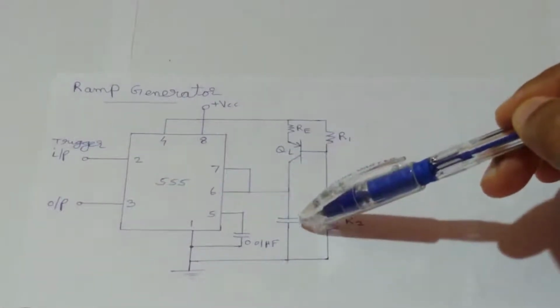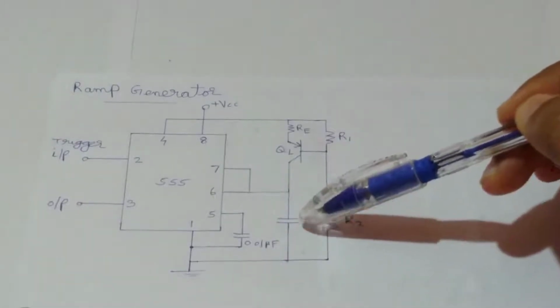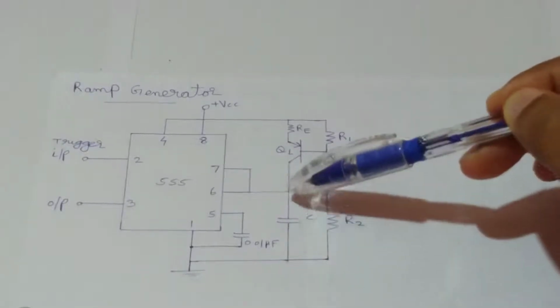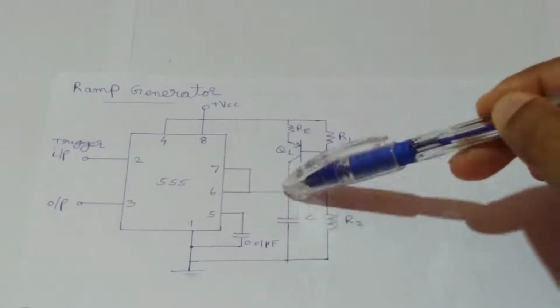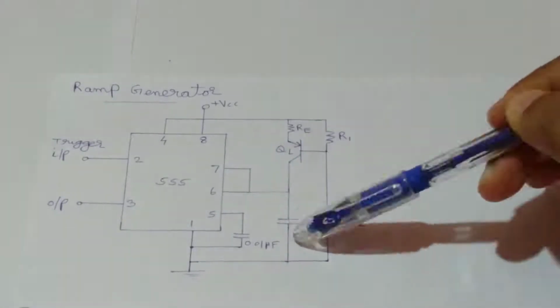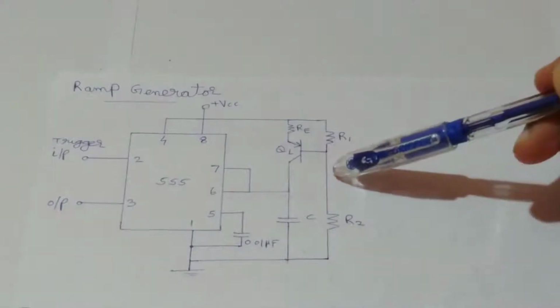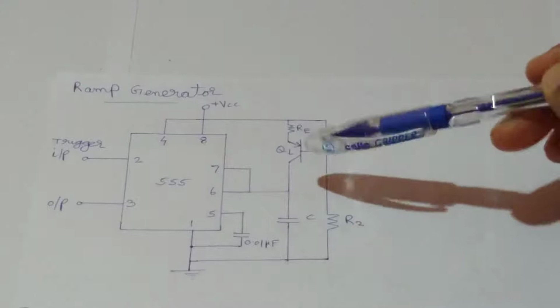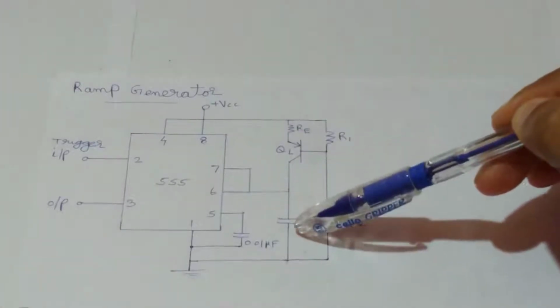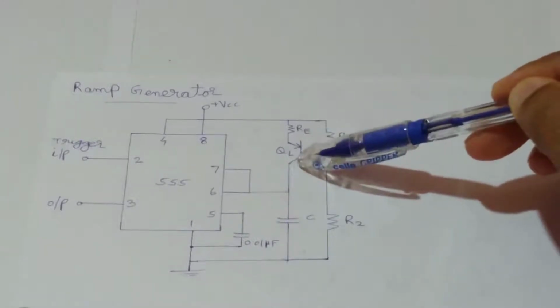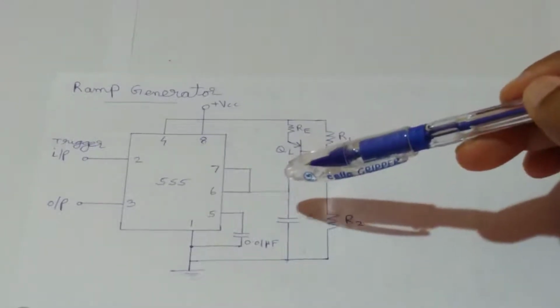And we know when a capacitor is charged by using a constant current source, the charging will be linear. That means when we consider the waveform across this capacitor, we will get a linear charging waveform. The working of this circuit is exactly similar to that of the normal monostable multivibrator circuit, but the only difference is that the capacitor is charged by using a constant current source here. Let's now consider the waveforms of this circuit.